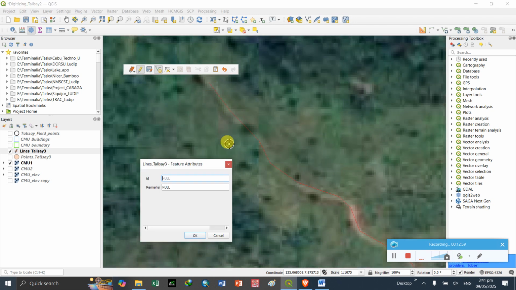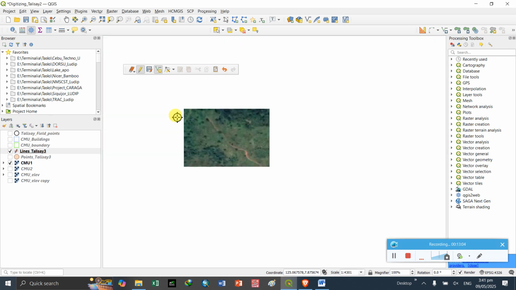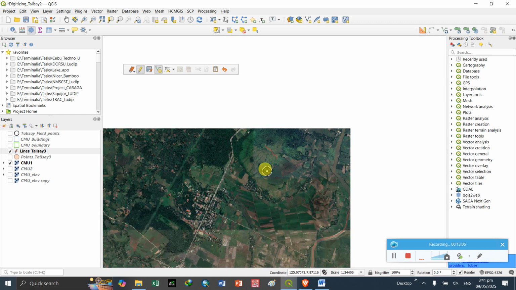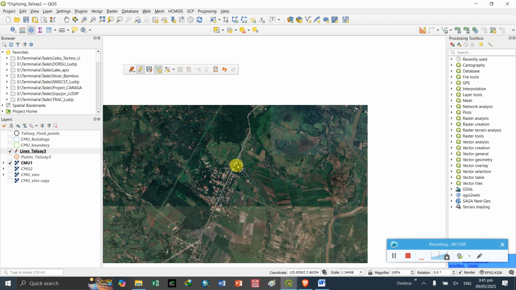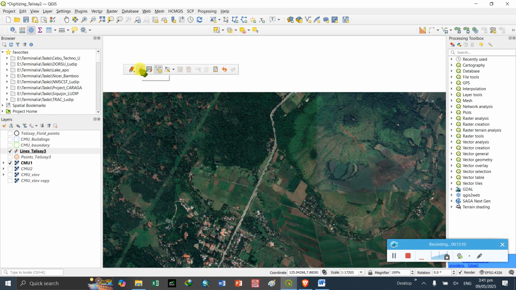Okay, and then right click, say trails, and then if you are done with your line feature, you can untoggle editing and then click save.